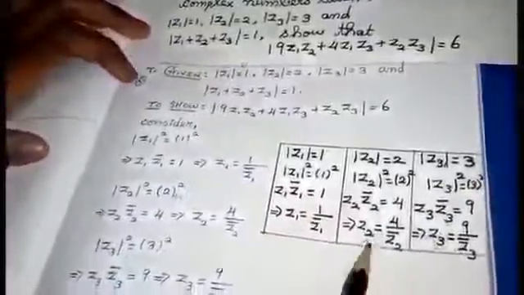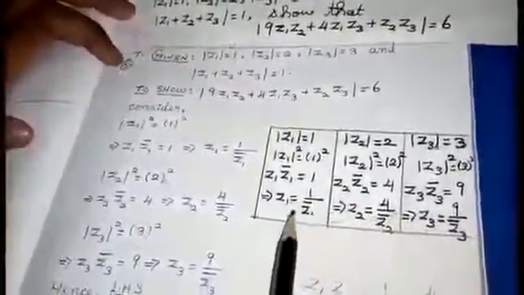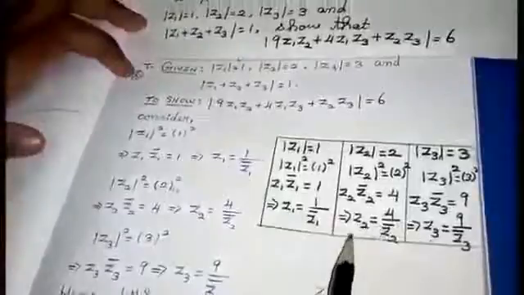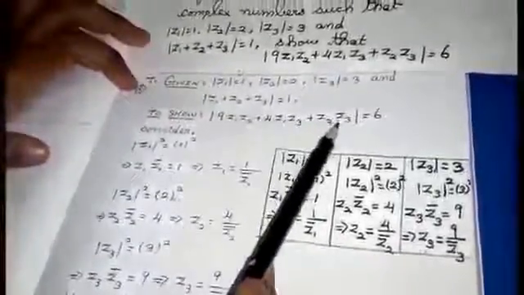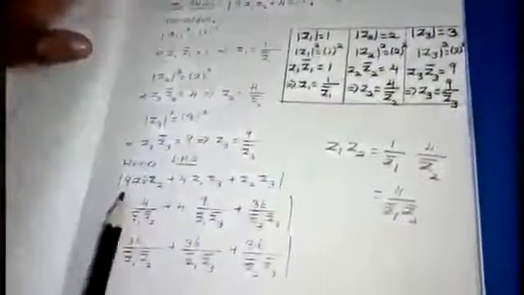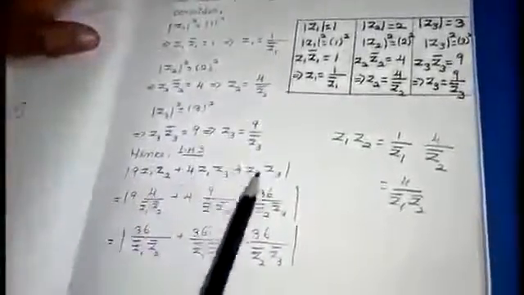After doing these values, just for our calculation, we are taking like this. After taking, I am going to see my left hand side. Left hand side is going to be my question, and on the right hand side I am going to bring this answer 6. Coming to the left hand side part, I am taking the question.